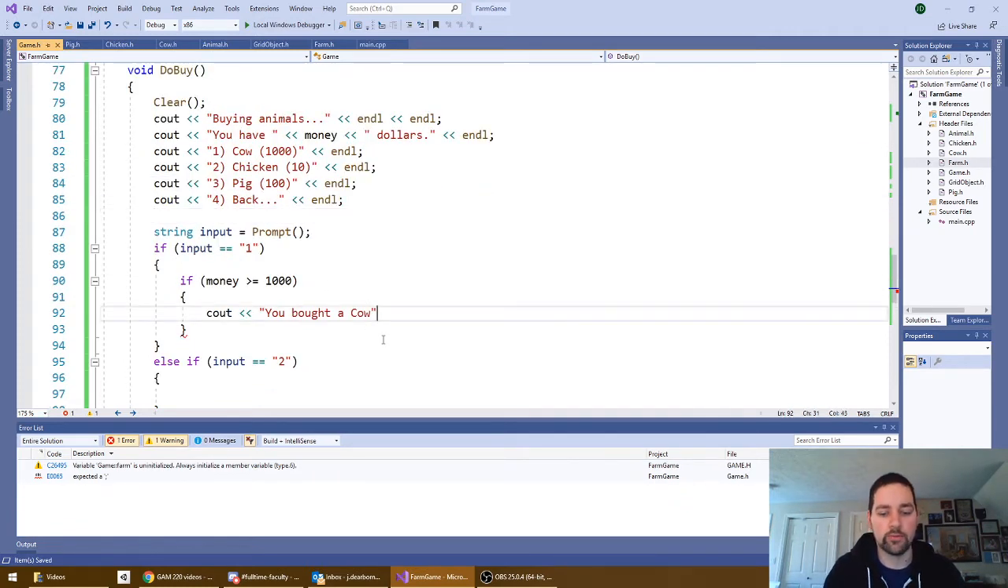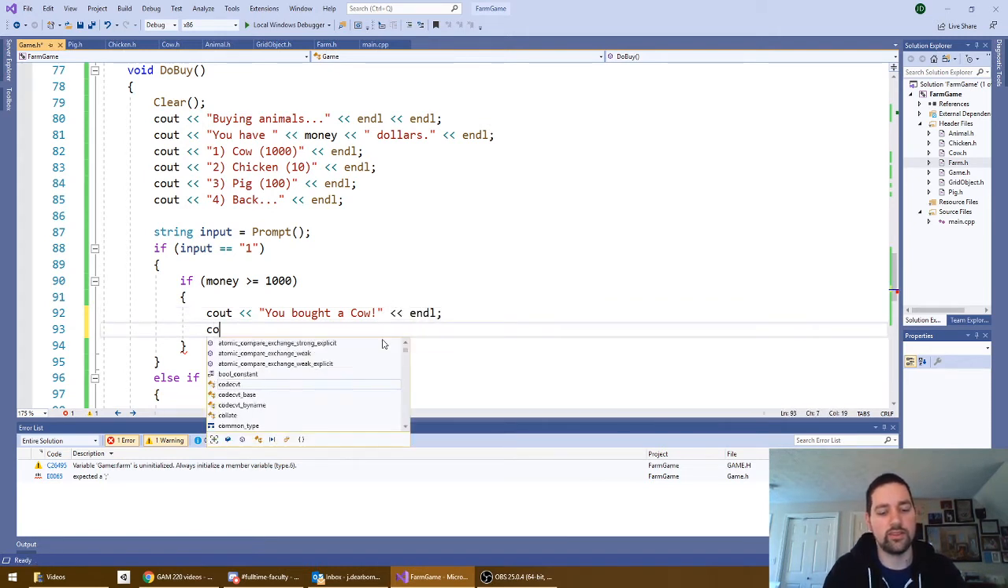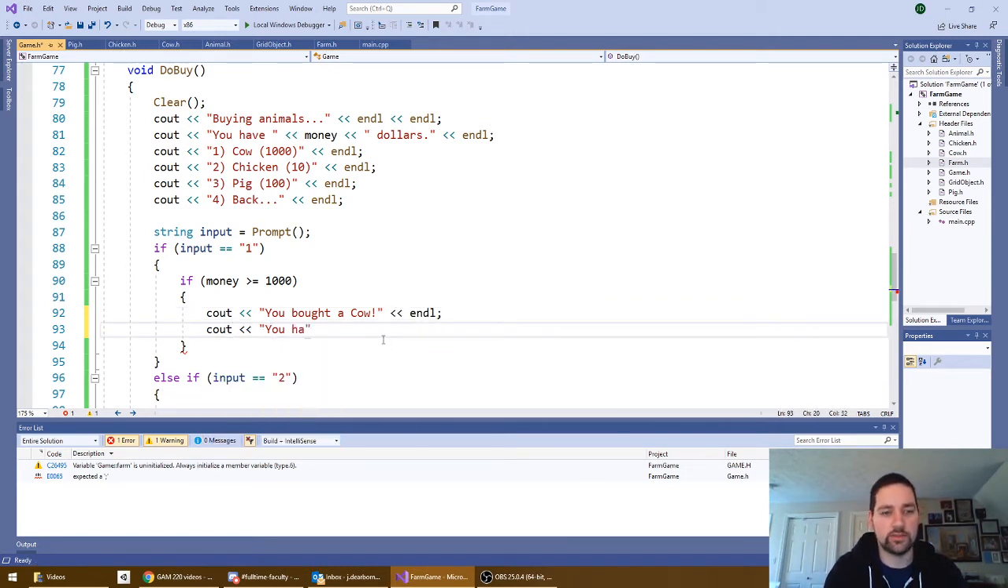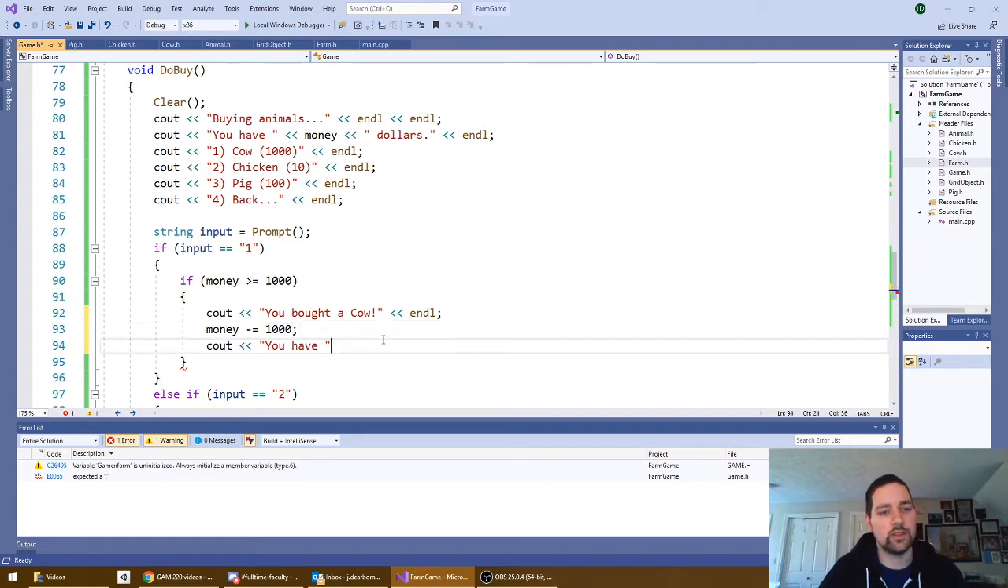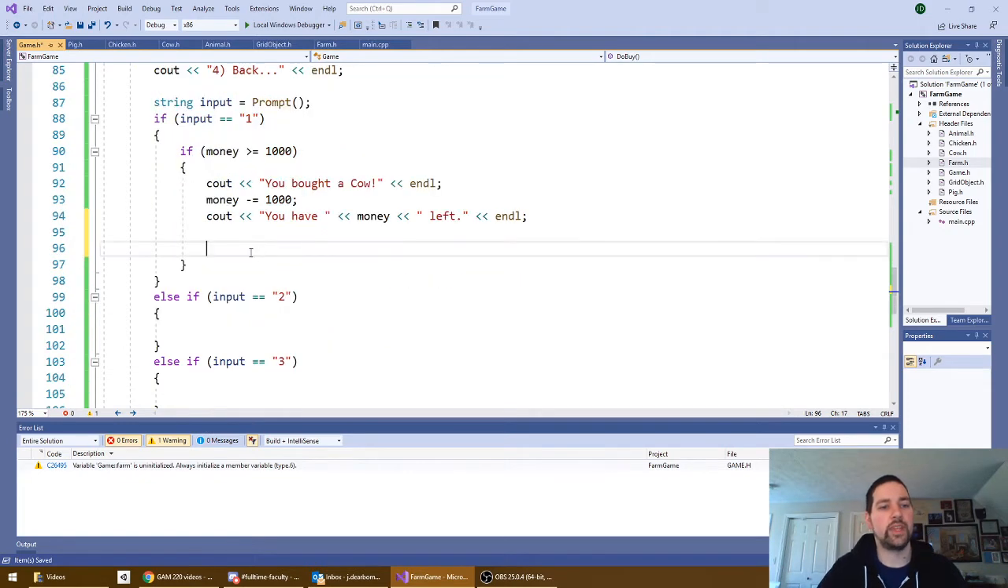Alright, you bought a cow. And just to be nice, let me subtract the money and then tell them how much money they have left. Cool. Now we want to add an animal. So let's create the cow,